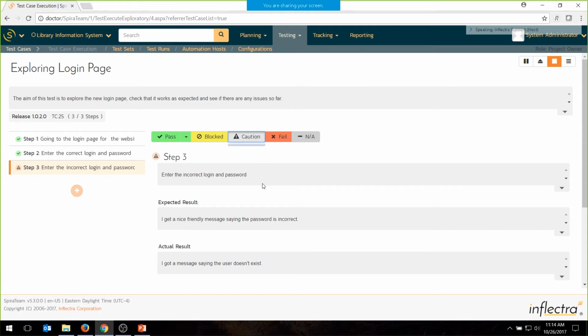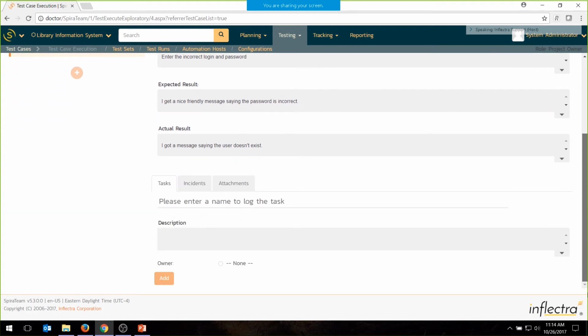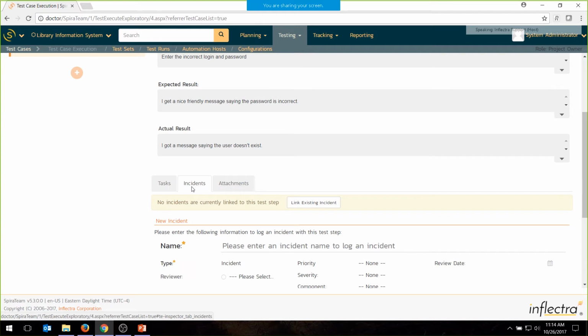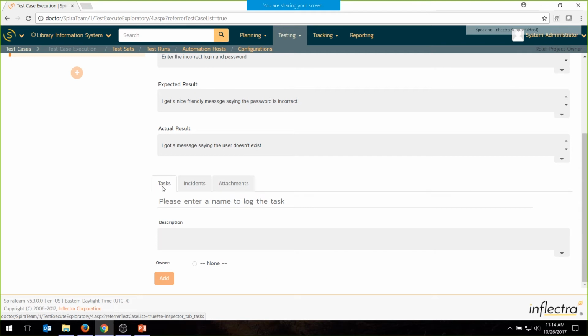And the problem now will be, how do I let the developer know? Because I can record this test result, but there's several passes, several cautions potentially as we keep going. He needs to know that something needs to be reviewed and discussed. So if we scroll down, we do see this new task area. Now you still can log incidents. So if you know something is truly broken, you can still click on the incidents tab, log a defect. That's still available even for an exploratory test. But in many cases, and in this case specifically, I don't actually want to log a defect yet because I don't know if it's a bug, and I don't want to fill up the system with thousands of defects that we have to close. So I'll go into the task section and I'll say,